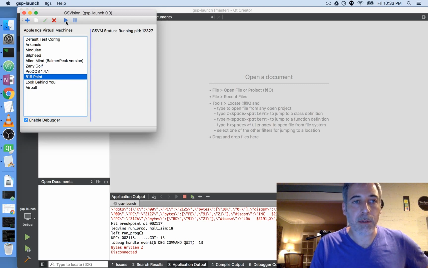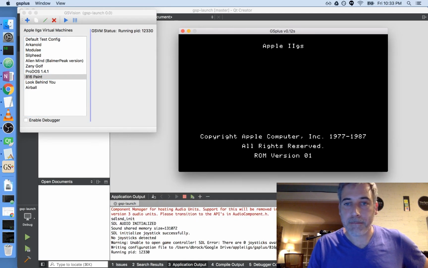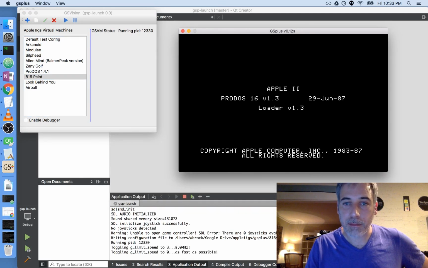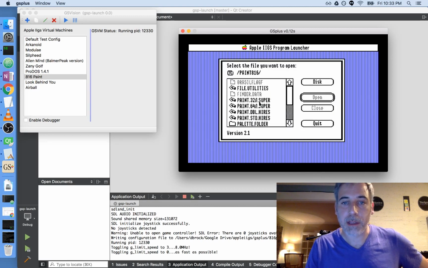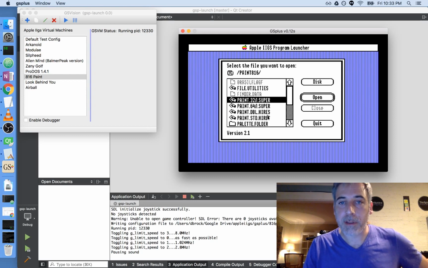Just another quick demo of not the debugger. This is an interesting program, a set of programs. It's a paint utility that Alex Lee of What is the Apple IIgs turned me on to. And I just wanted to show off a couple things here. So